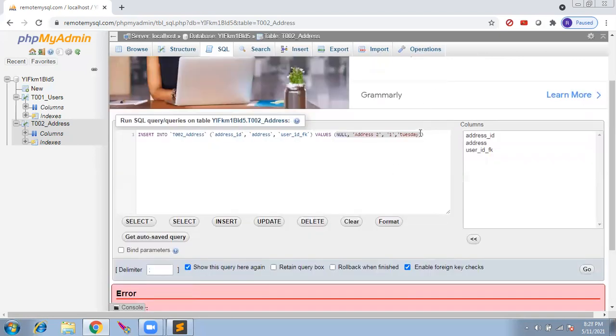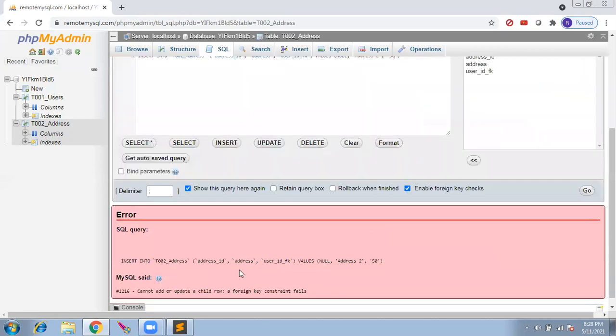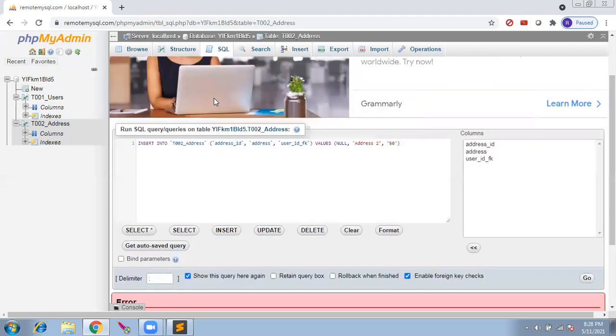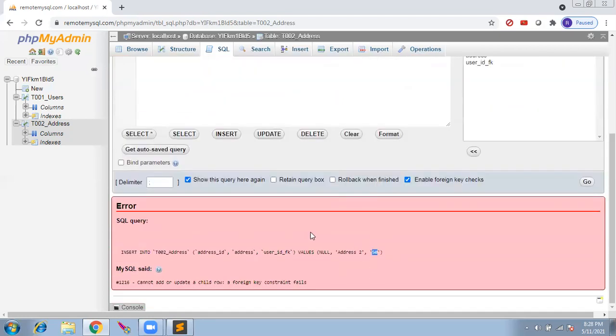This is one error, but the use of a foreign key is to prevent the user from inserting invalid data. If the user is going to enter 50 as the user ID, in the user table, the 50 itself is not there. Only one user is there. So if a user inserts like this, we cannot be validating. So we leave it to the database. So we have a foreign key where the database validates itself whether this 50 is already available in the user table or not. If it is available, it will allow.